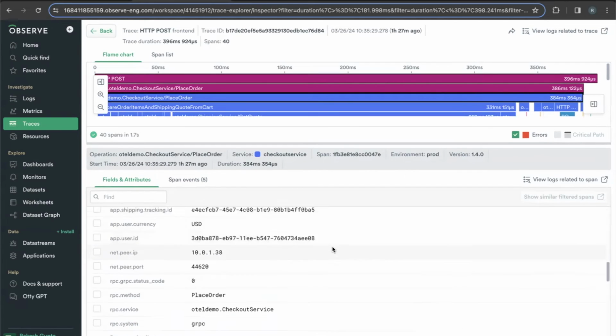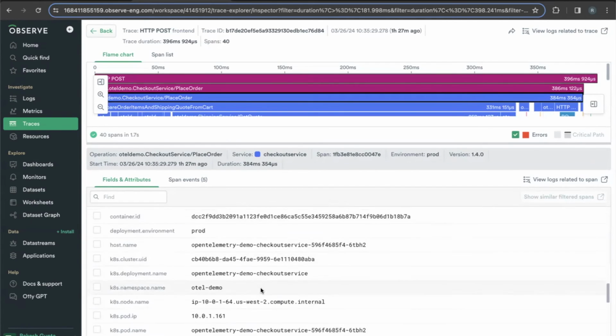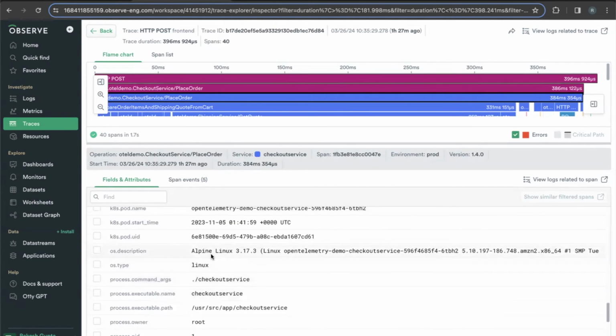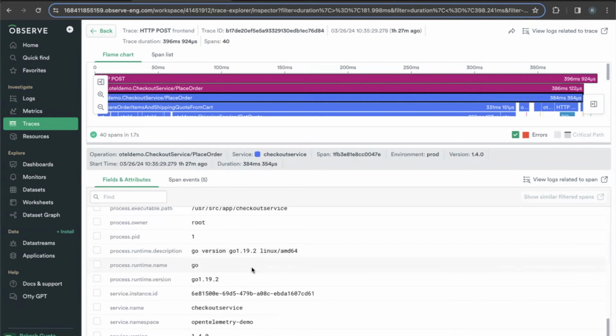We can see that it was a gRPC call. We can see that it ran on Alpine Linux. We have the Linux distribution here. We can see that it ran on Go, that this is a Go microservice that this operation is executing on. So there's a bunch of information that we can glean from looking at these attributes, but we also have span